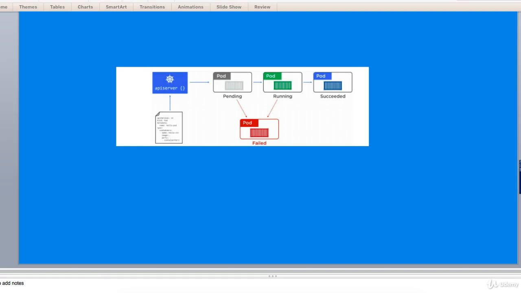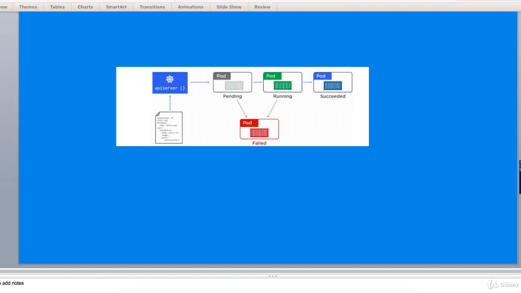Point number three, pods get scheduled on nodes. You can't schedule a single pod to span multiple nodes. Point number four, they get defined declaratively in a manifest file, that is a POST to the API server, and assigned to the nodes by the scheduler. Now let's quickly come on to hands-on with the pods.